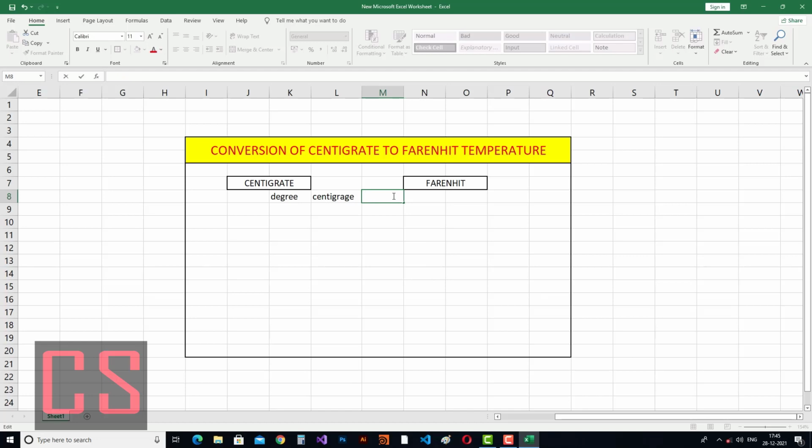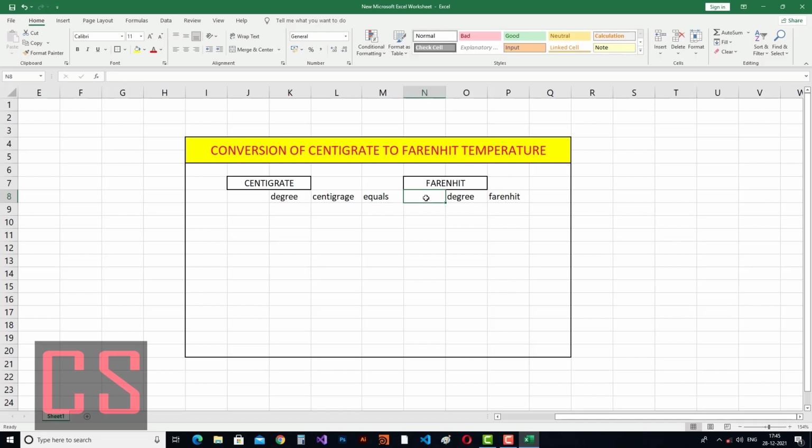Then equals, Fahrenheit, degree. So here will be the value of centigrade, and here will be the value of Fahrenheit.